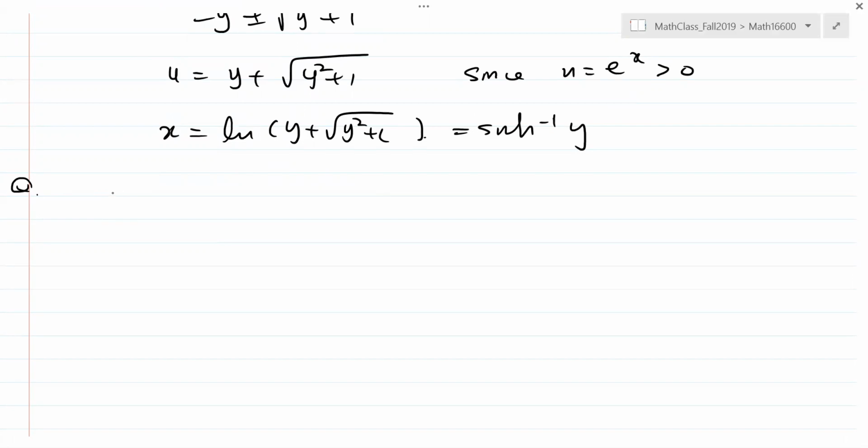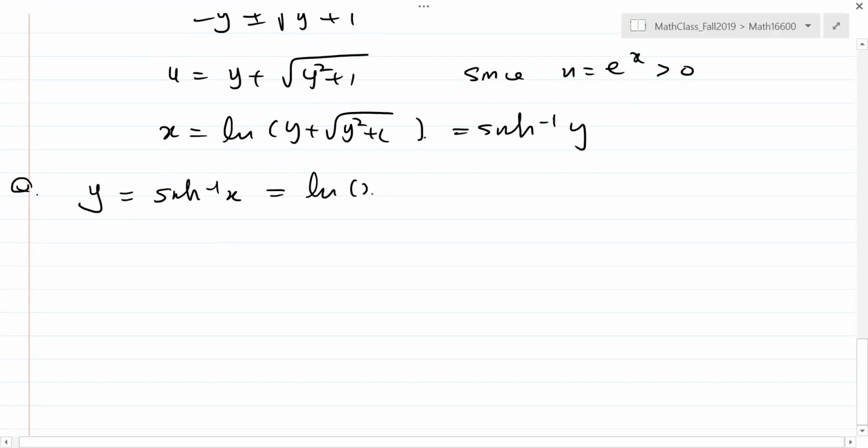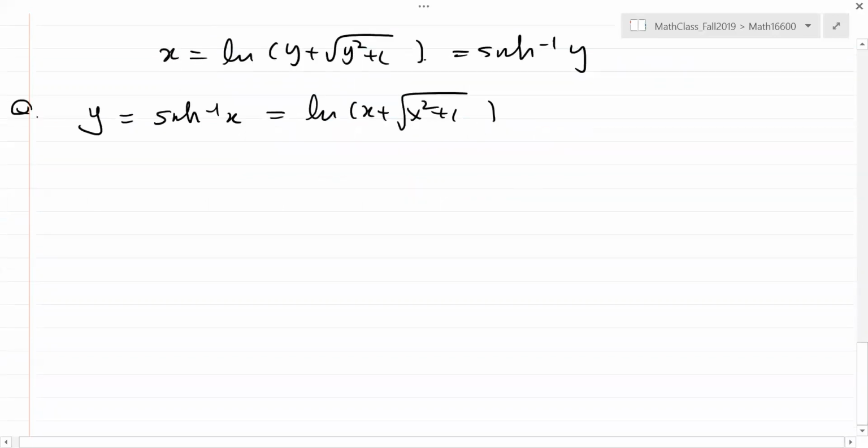Yeah, so y equals inverse hyperbolic sine, which is going to be the natural log of x plus the square root of x squared plus 1. How do you draw the graph? The domain is arbitrary, so the domain and range will be the same, from negative infinity to infinity. Okay, so this is a graph